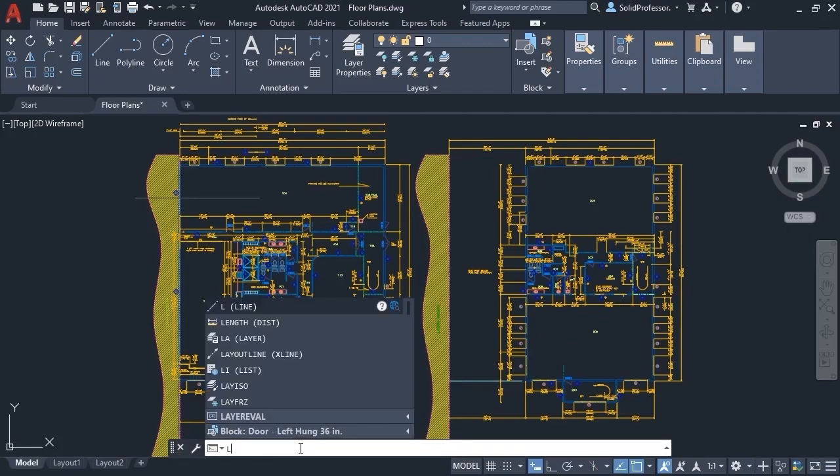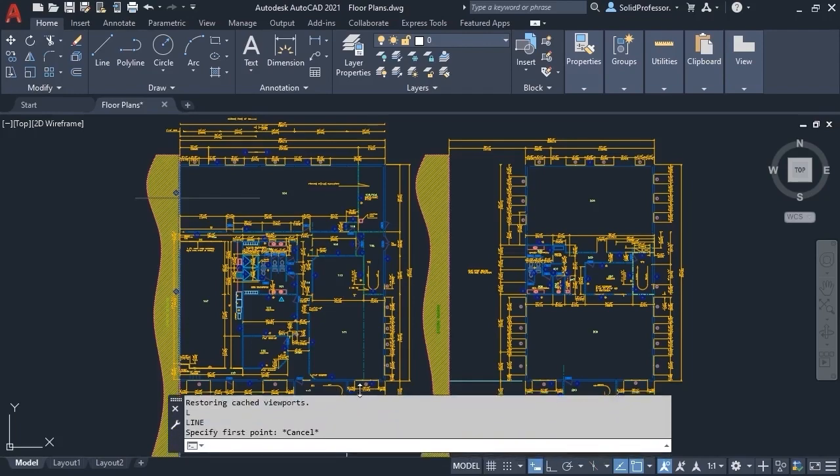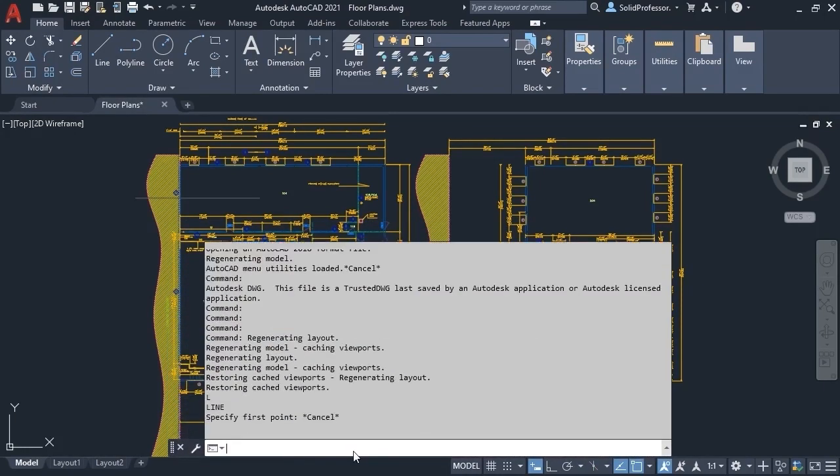Typing in the command line will give you access to all the commands available in the software directly, and once a command is active, it will update with prompts on how to use it. Additionally, it keeps a record of what actions have been taken during the session, which you can show permanently by expanding it up,